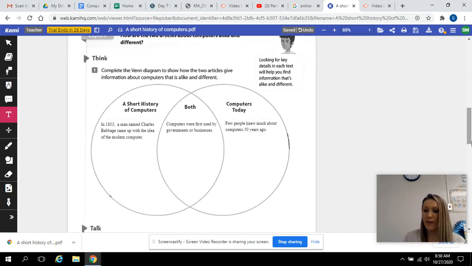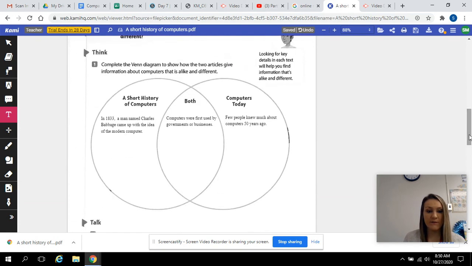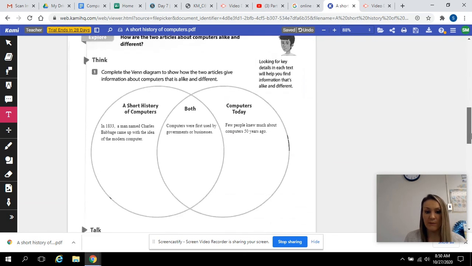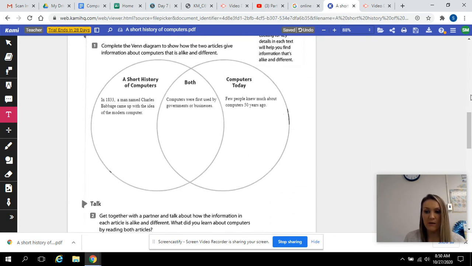You're going up in the text, you're finding things that are different, putting it in on the side that, so if I was reading Computers Today, I'm going to find differences and I'm going to put it in this box, Computers Today. Okay. If I find things that are the same, it goes in the middle where it says both. Okay. What I would like you to do is find two more differences for A Short